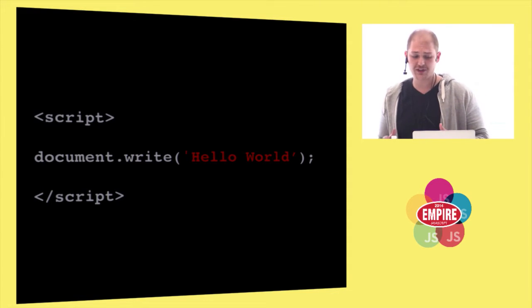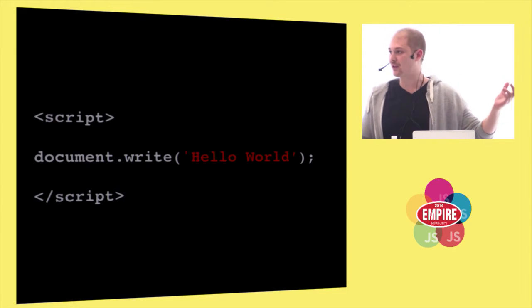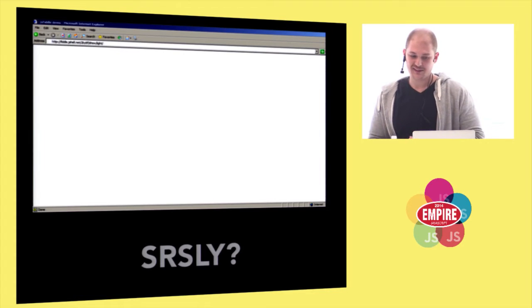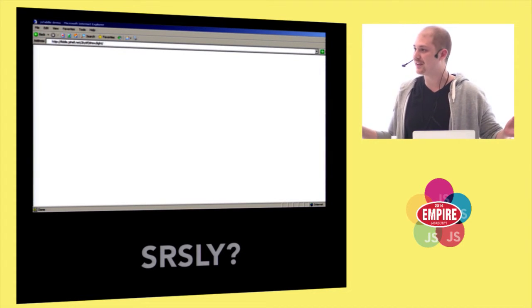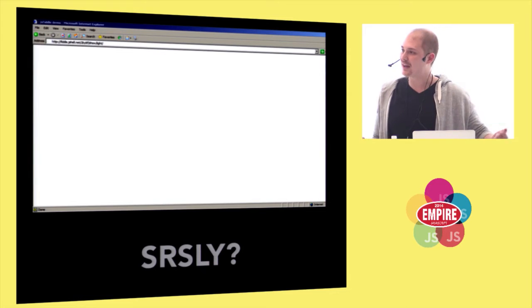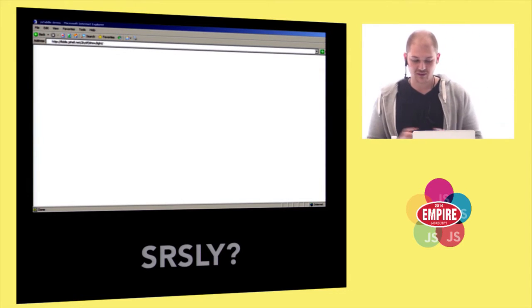So I learned a little bit of HTML and then opened my first script tag. I think I wrote something like document.write hello world, and then opened the browser. And I saw this. I was really surprised. It just ignored me. It did nothing. It was just a blank page. It didn't give me an error message. It didn't give me anything. And I thought I seriously did something wrong. I went back to the code, looked at it, and then went back to the browser and saw nothing.